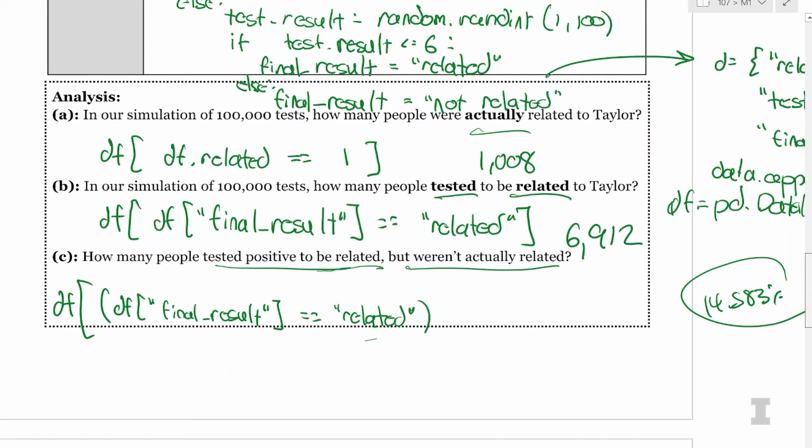And we want to know, but actually not related. So we want the and conditional, so ampersand. Then the second set of parentheses, weren't actually related, so this is df.related is not equal to 1. So this is everyone whose final result is related to Taylor and everyone whose related value is not equal to 1. So they weren't actually related.